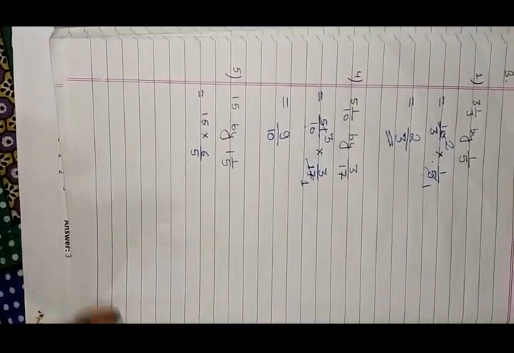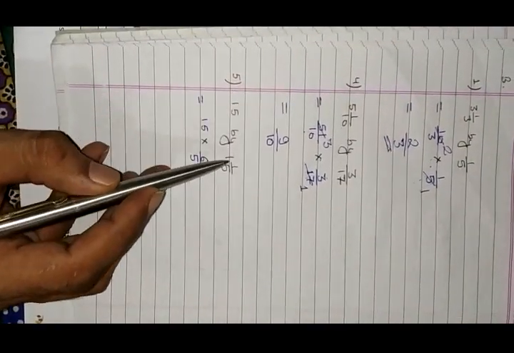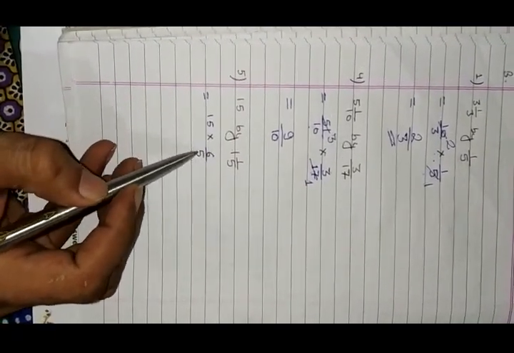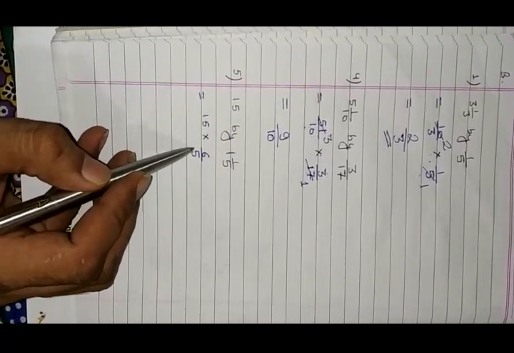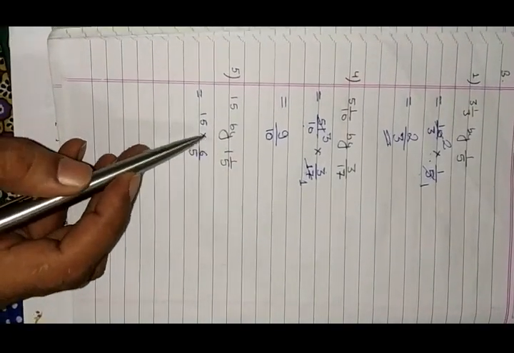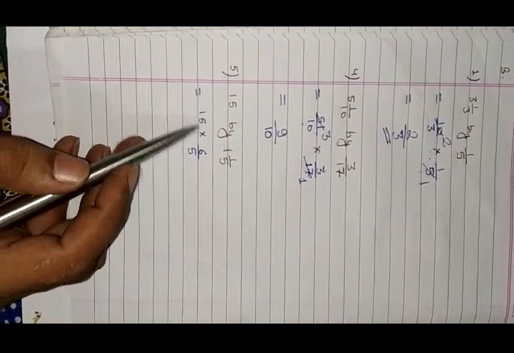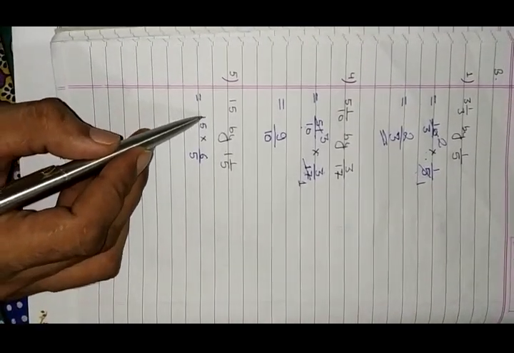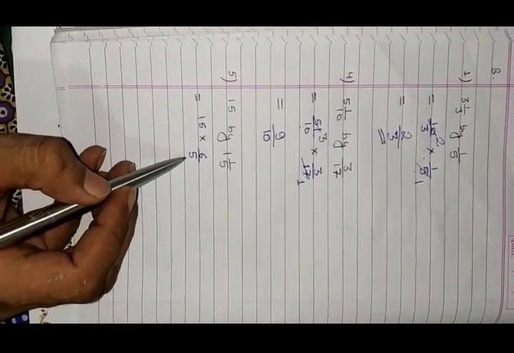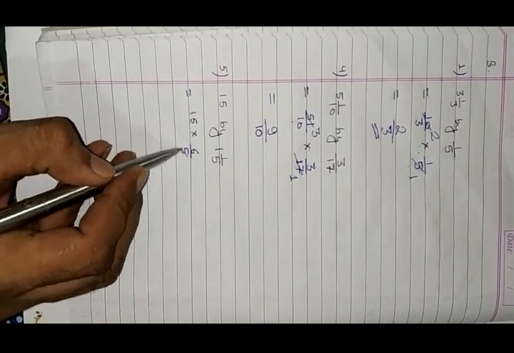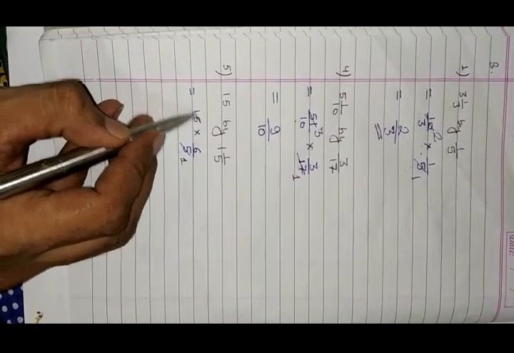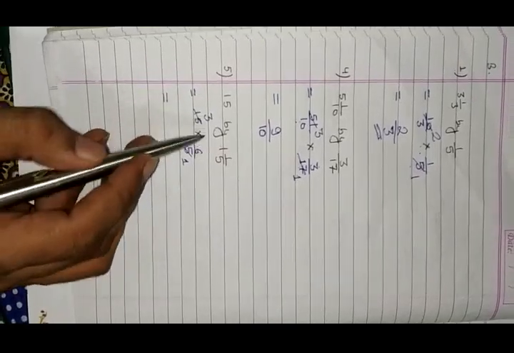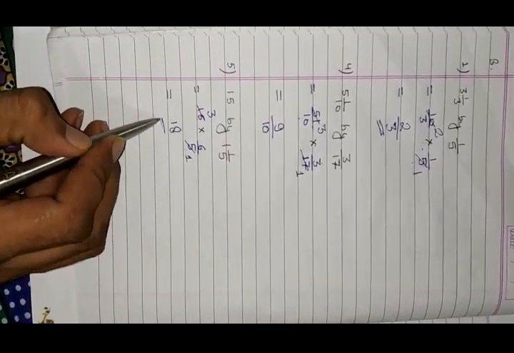Okay. Now in question number 5, 15 by 1, 1 by 5. Convert this mixed fraction. 5 ones are 5 plus 1, 6. 6 upon 15. Here 15 into 6 by 5. First number is a whole number, there is no fraction, so this will count in numerator. Okay, now numerator is 15 and denominator is 5. Both have the common factor 5. 5 ones are 5 and 5 threes are 15. Now multiply this 3 by 6. 6 threes are 18. So answer is 18.